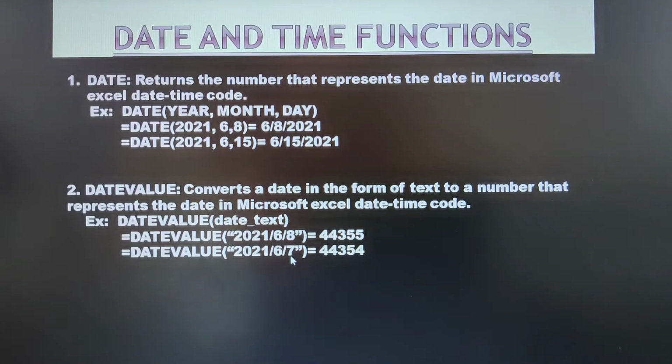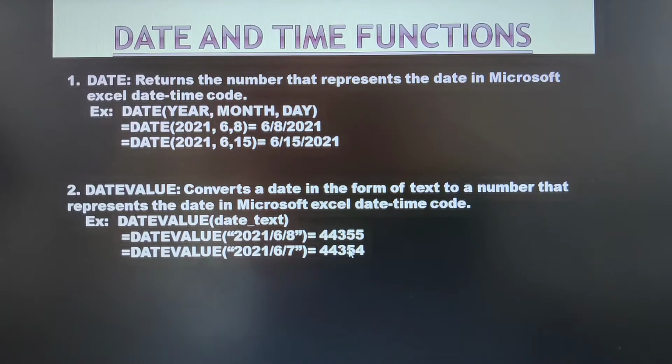For this particular date we have 44,355. The previous day, the 7th, I have taken here. Now I am telling this is the year, this is the month and this is the day. When I pass it in this way, it shows me the serial number as 44,354. Now you can see the difference. On the 7th day of the 6th month I had the serial number 44354. On the 8th day of the 6th month we have the very next serial number like this.